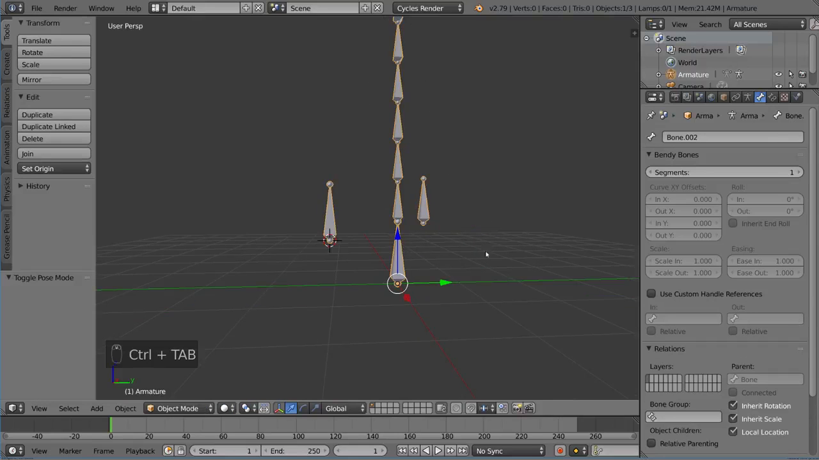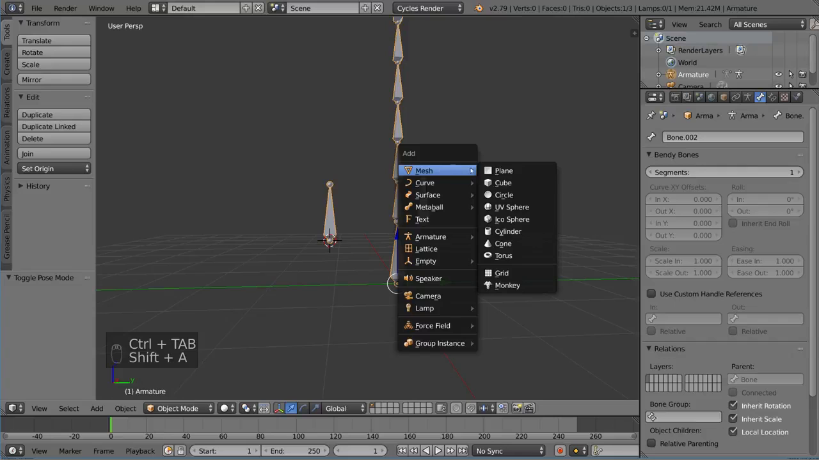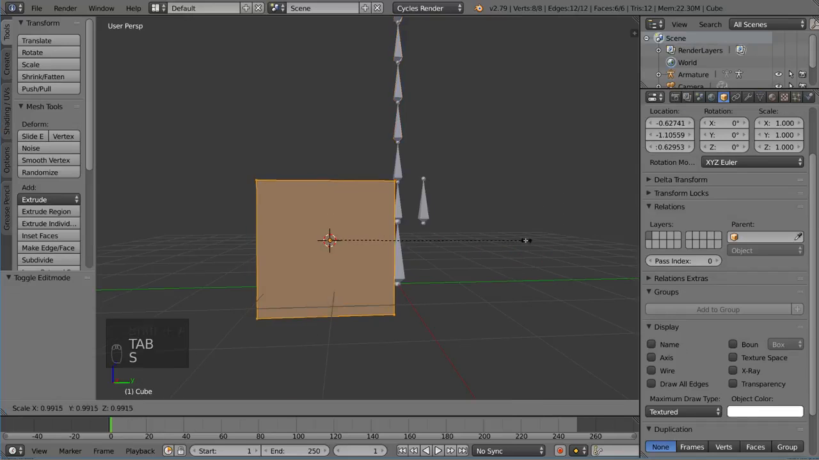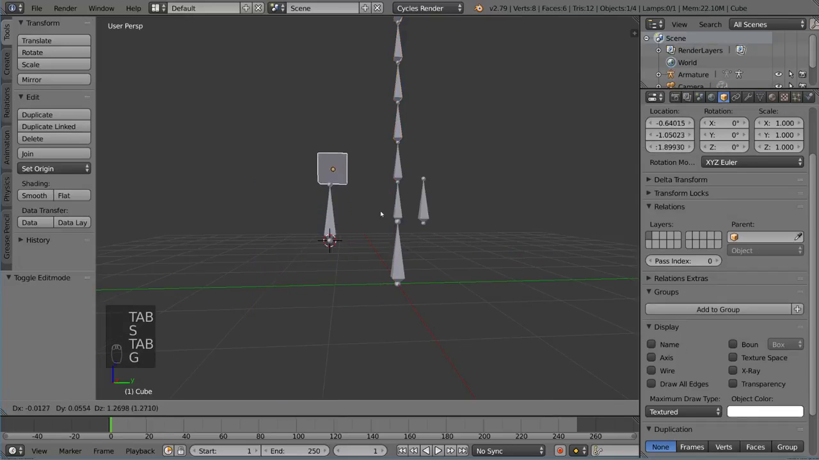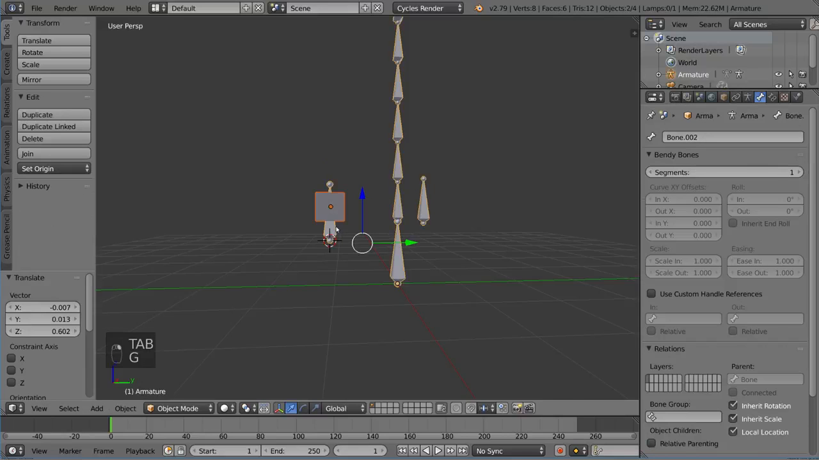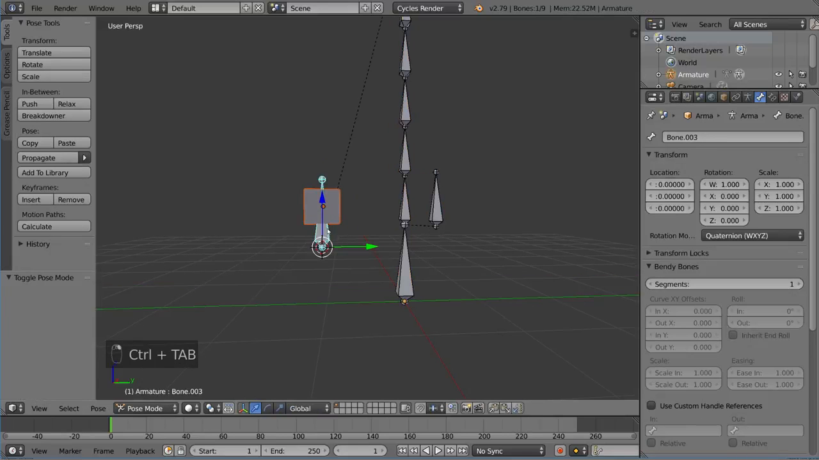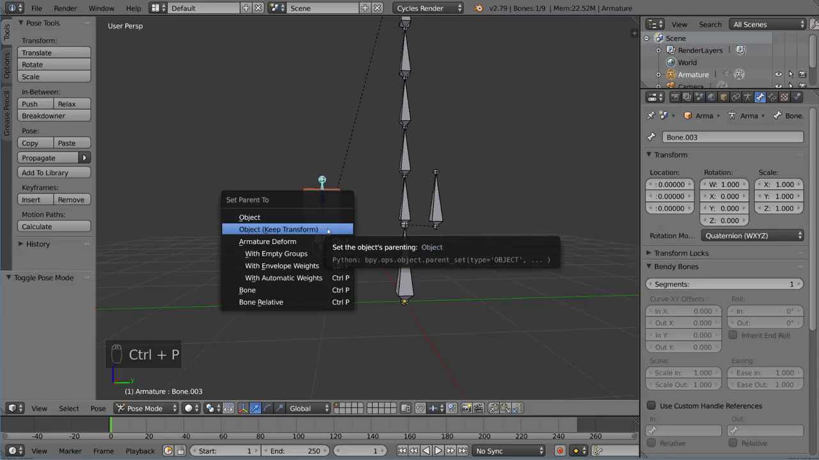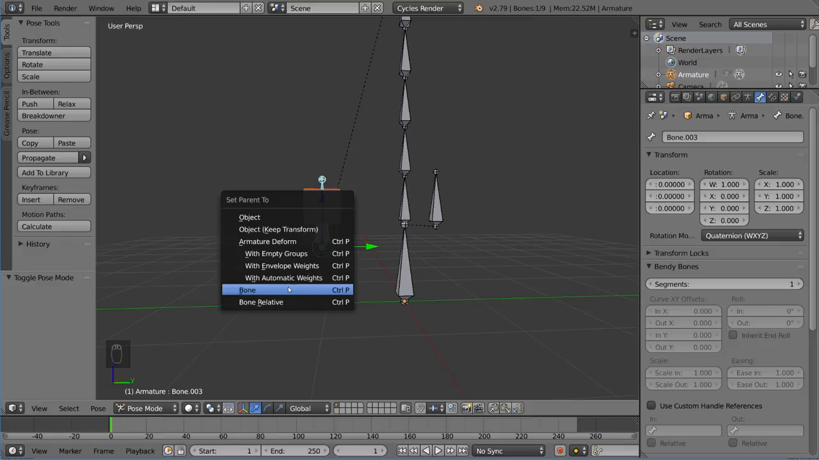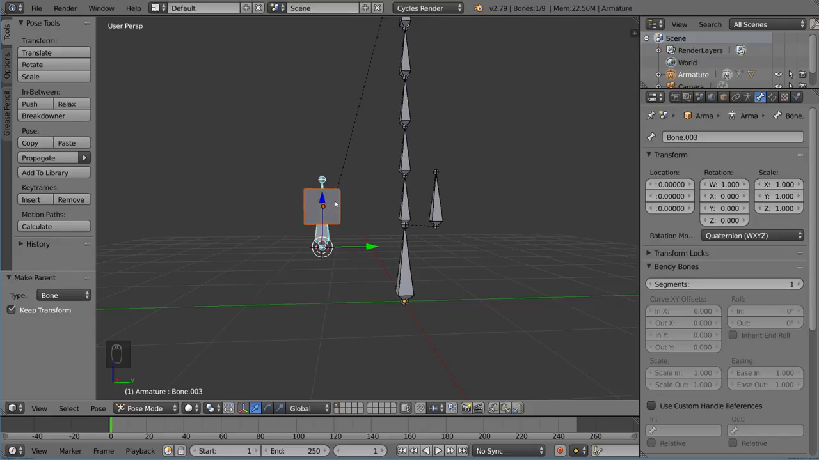And so if I go ahead and show you a little bit more about parenting real quick, I'll create this cube, make it a little bit smaller so we can see it, and parent this cube right onto this bone here. I can just parent it directly to the bone by going into pose mode while still having that cube selected, using shift select to select the armature, going into pose mode, and then you have, of course, the Control P option, but now you have this extra option here, along with armature deform, which we'll get into later. But you have this bone option that allows you to parent it to the bone itself,